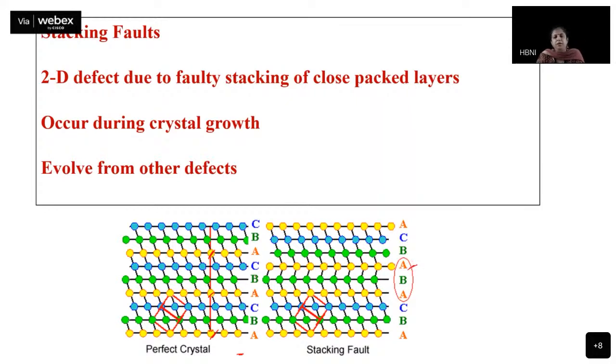How can it happen? It can happen when you're growing crystals from melt, or through some deformation, some temperature changes, some external shock. Now one layer is missing. So what happens is basically in this particular region, this was a crystal which had cubic close packing. But because of this deformation, in this region, in the entire sea of cubic close packing, you have a hexagonal close pack layer, right? And this is called stacking fault. The fault or the defect that occurs due to wrong stacking of the layer is called stacking fault. Now, if you see that red line, it has yellow, but now rather than yellow, you have a green.